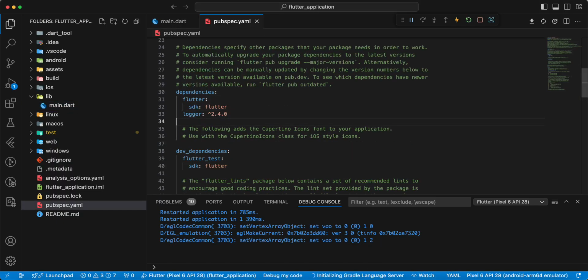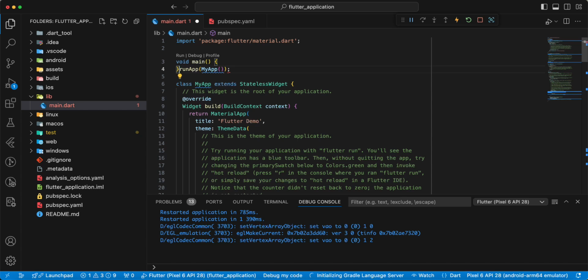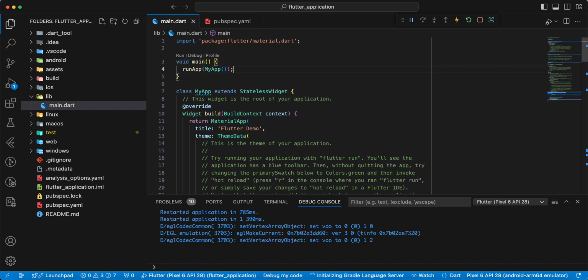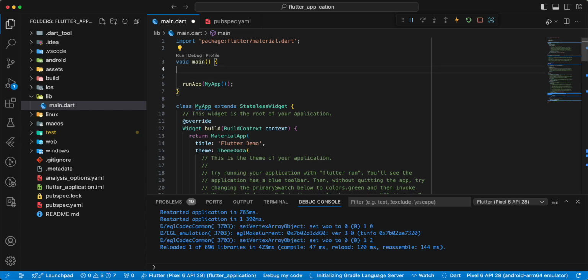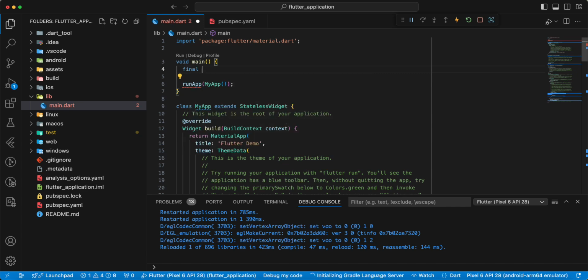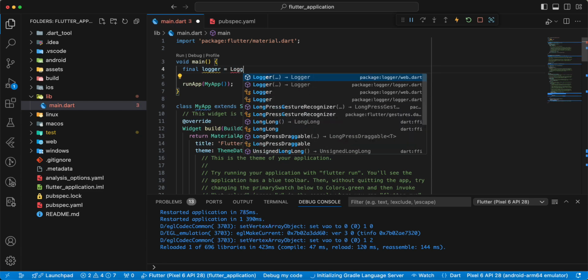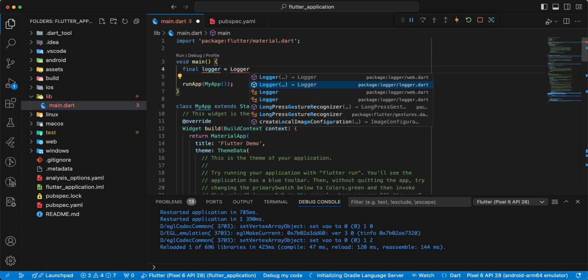Open the default project, then we add the package Logger to pubspec.yaml, open main.dart, update the information, then we create a variable Logger, add import,